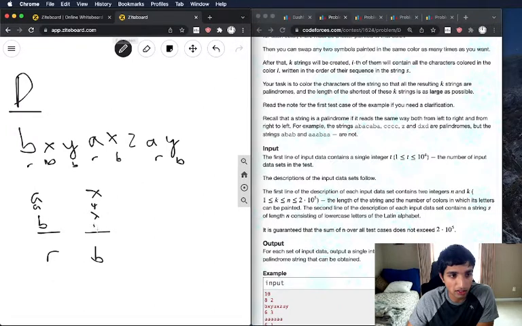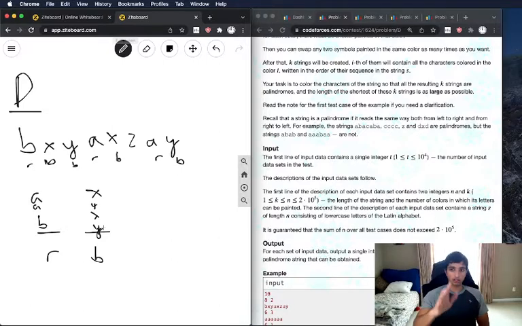XY, XY. So we want to color the letters such that it's possible to rearrange each color to make them palindromes, and we want to maximize the length of the shortest palindrome. So we want to maximize the minimum size, the minimum number of letters corresponding to a color. So in this case it would be 3, because there are 3 letters here, 4 letters here, 3 is the